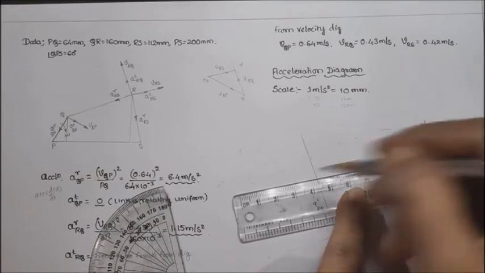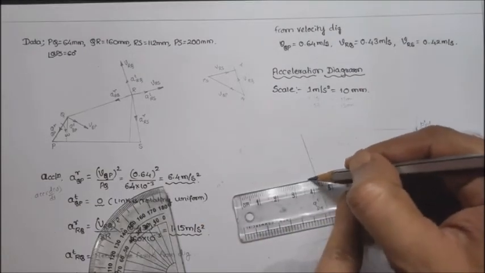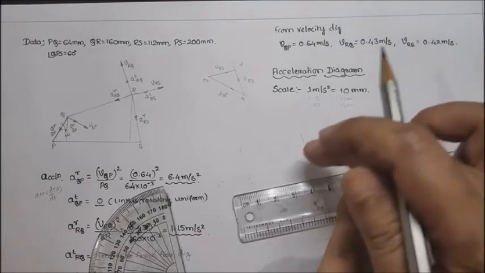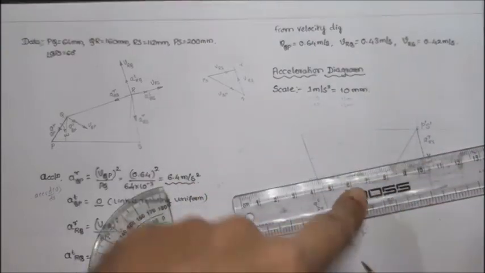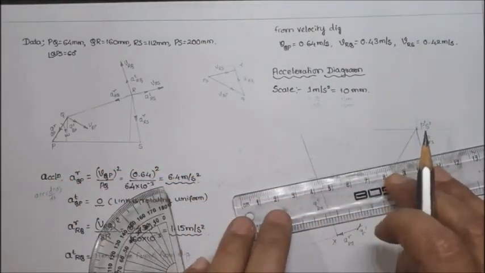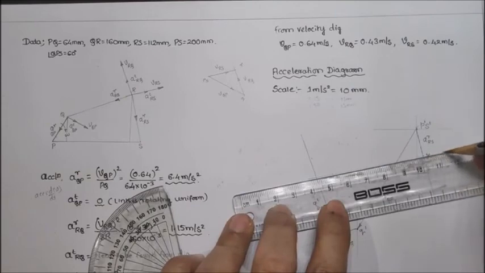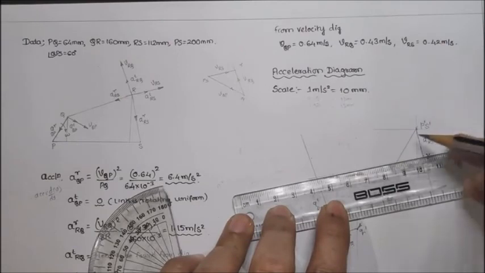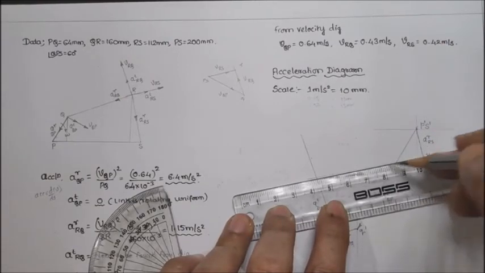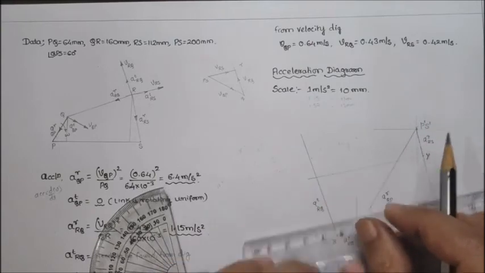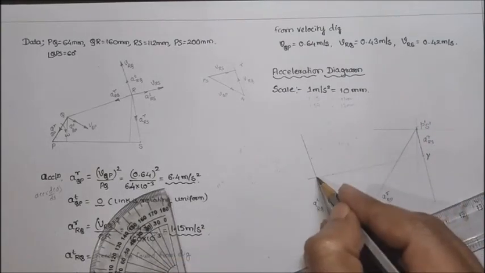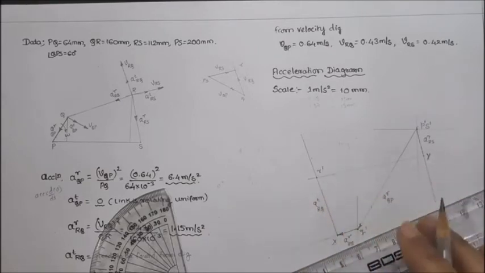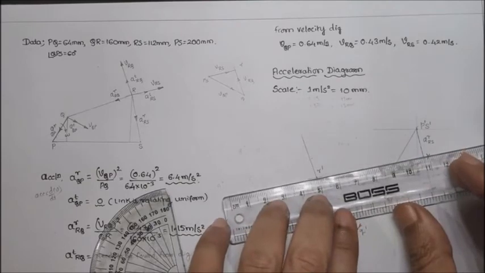So what we do is we draw it in the other direction, this direction. Because when I draw it this side, it will not intersect with the line of R with respect to Q. I'm telling again, remember, if I draw it this side as we have got here, it will not intersect with the line of R and Q. So we have to draw it on the other side. So it will be here, and in this direction we get a point here. So this is R dash. This is our tangential component.